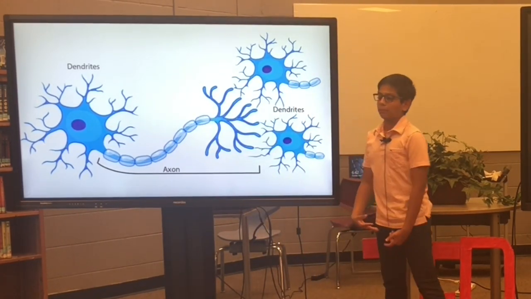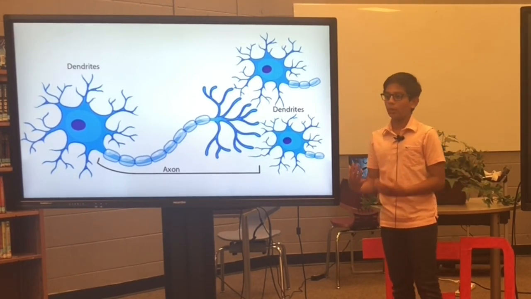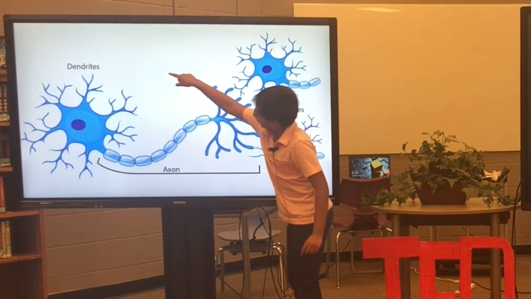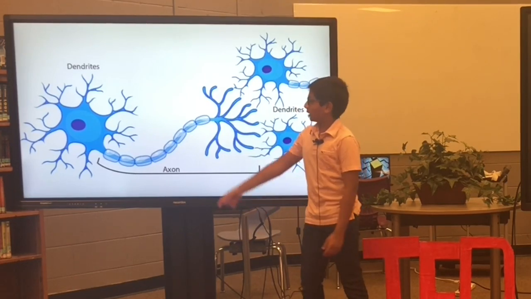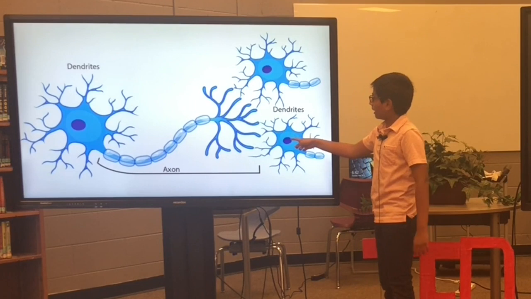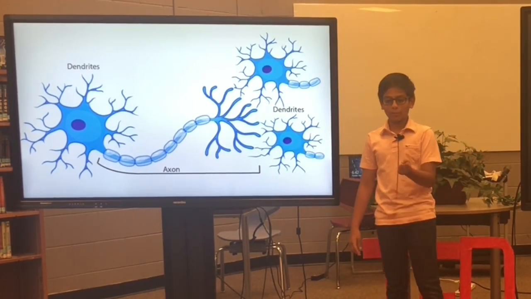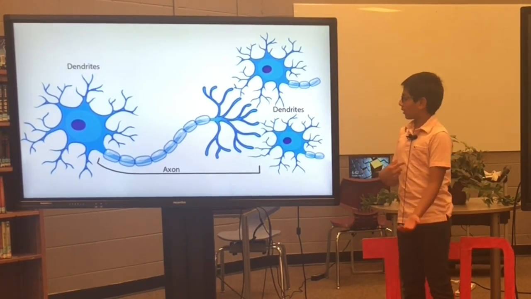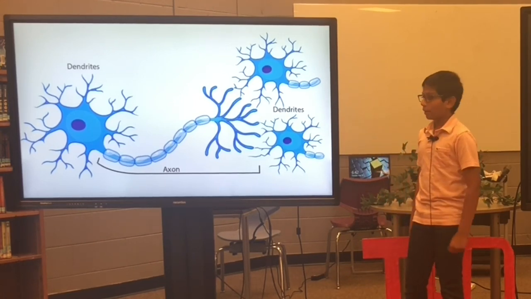So typically what happens is one of the neurons will send an electrical pulse from the brain down through the dendrite from another one. So it'll go through the dendrite to the nucleus, and the nucleus will say, "Where should I put this?" And then the nucleus will send the electrical pulse down the axon into another dendrite of another neuron. So if I were to clench my fist, my neurons would be sending electrical pulses through other dendrites, through other axons, down to my fist, down to my fingers, to clench together, like that.